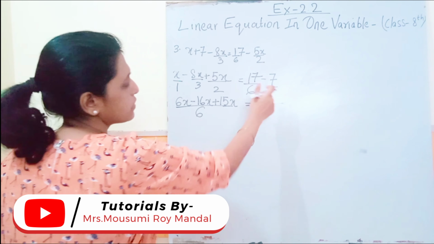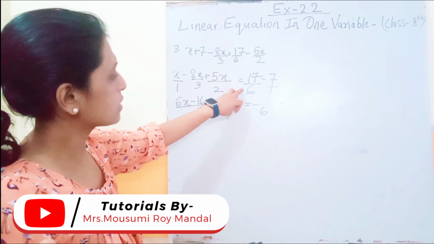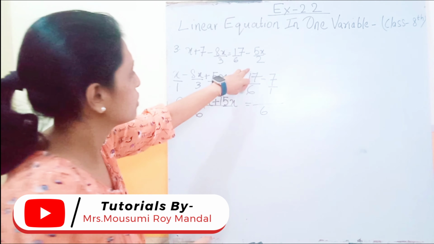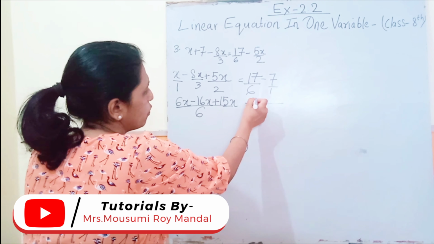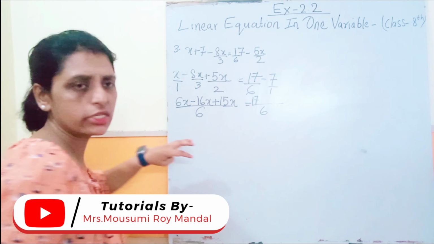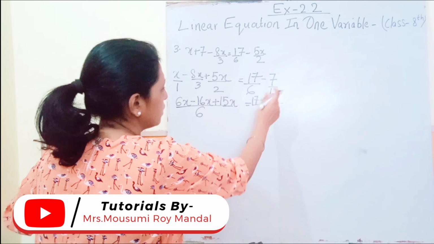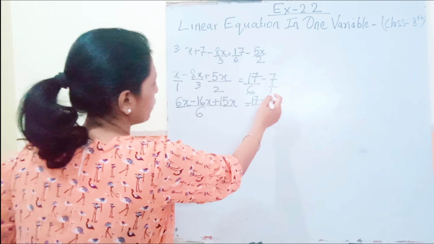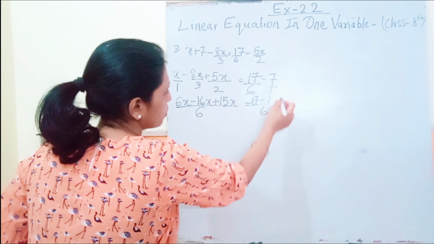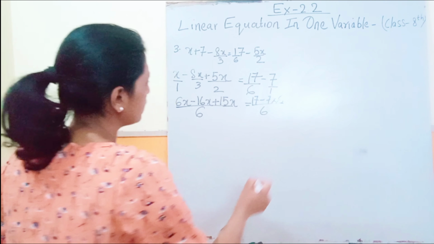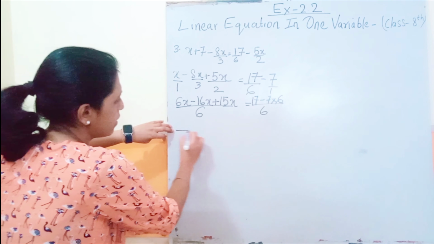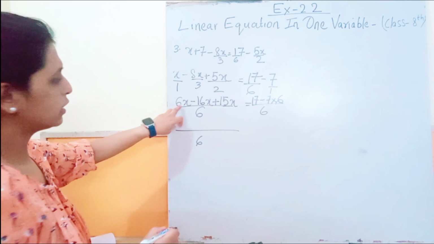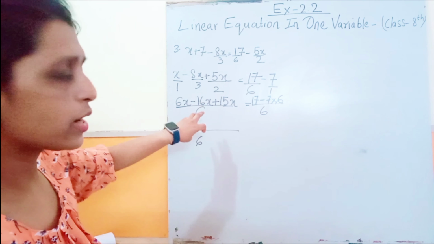in the same case here also, the unlike denominators we need to make equal. The LCM of 6 and 1 will be 6 only. In 6's table, 6 comes once, so we are going to multiply the 1 here in the numerator and 17 ones are 17, minus. In 1's table 6 comes 6 times, so we are going to multiply that 6 into the numerator, that is 7 into 6. Now upon 6,